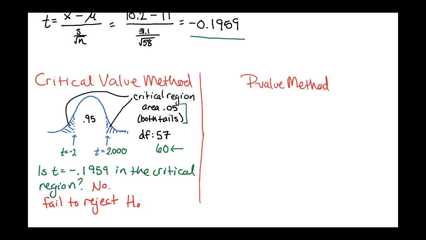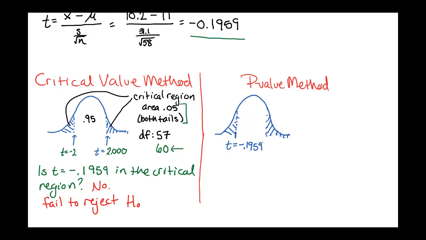Our parallel method, the p-value method, we're still thinking about the same kind of picture. We've got our distribution here, and we still have two tails. It's still a two-tailed test. But with the p-value method, remember, instead of looking up a critical number, we're just going to look up our test statistic. Our test statistic is negative in this case, so that would be this one on the left here. So we're looking at t equals